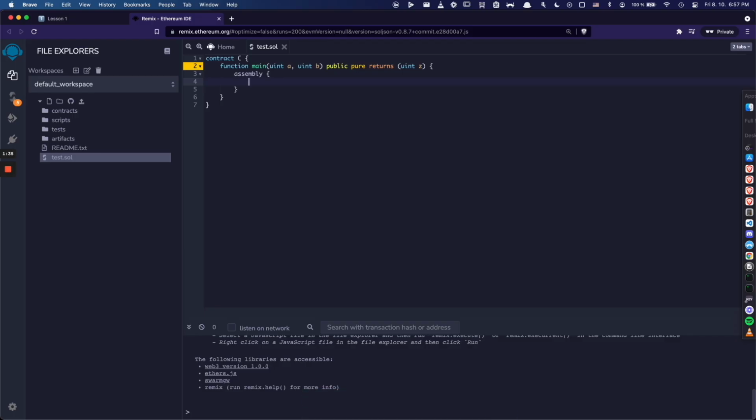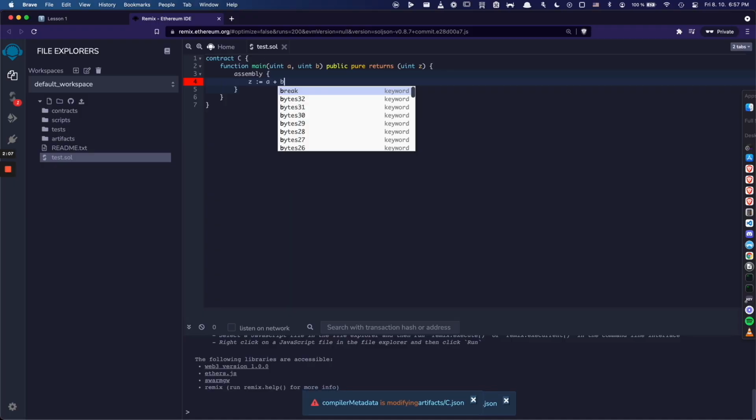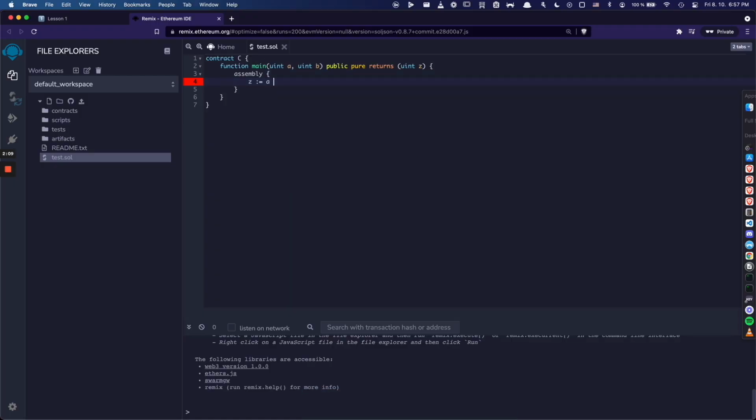Remix is a great place to play around with assembly code. For example, the way assembly code works is, if you want to reference stuff in scope, then use this operator for assignment. If you want to create new stuff, then you use the let keyword. However, anything that's created in assembly will not be available afterwards. So let's use the